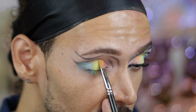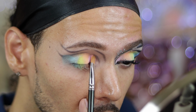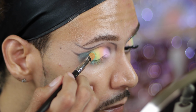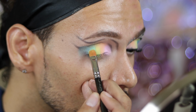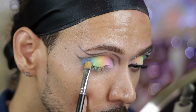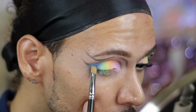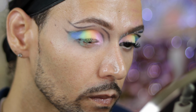I'm using that teal, which is called Earthbound, and then the blue is called Pluto. Okay, so we're going to start off with the color Luna, which is the yellow, and then I'm going to go ahead into the peach color, which is called Certified, then the pink, which is called Friction, which is really gorgeous, by the way. Then I'm going into Earthbound, that beautiful teal color, and then Pluto, in that same order. And once everything is nice and packed down, I'm going to re-intensify everything from the blue all the way